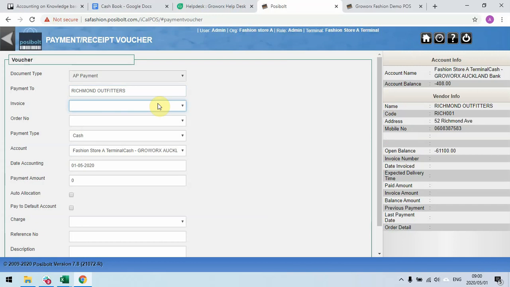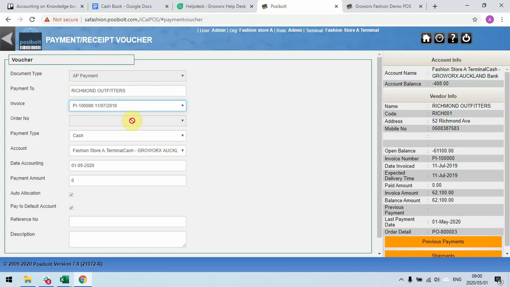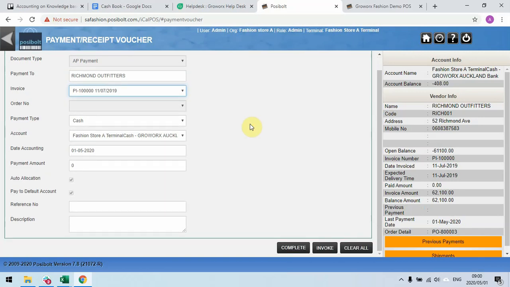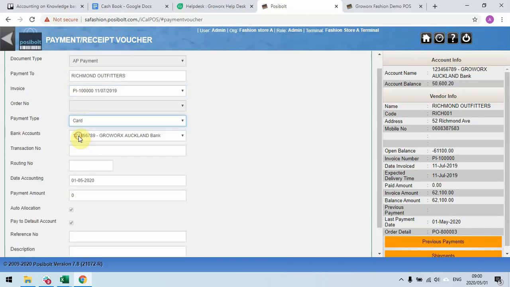And then in your invoice number, you can choose which invoice you're making a payment against, or you can choose in the other number. Whichever one you choose, it will fade out the other. So I'll choose the invoice and then it will fade out the other number. And then I'll choose my payment type. I'll say it's a card payment type, and then from which bank,